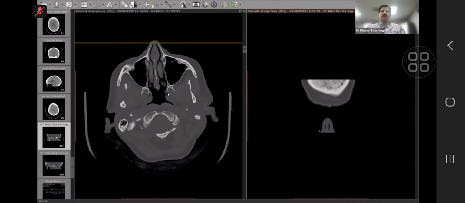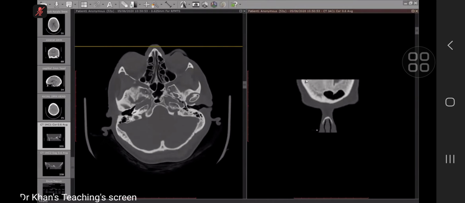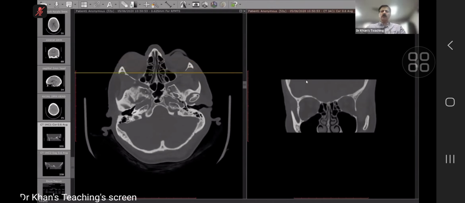Candidate 2, can you see a DICOM viewer? Yes. Okay, so now